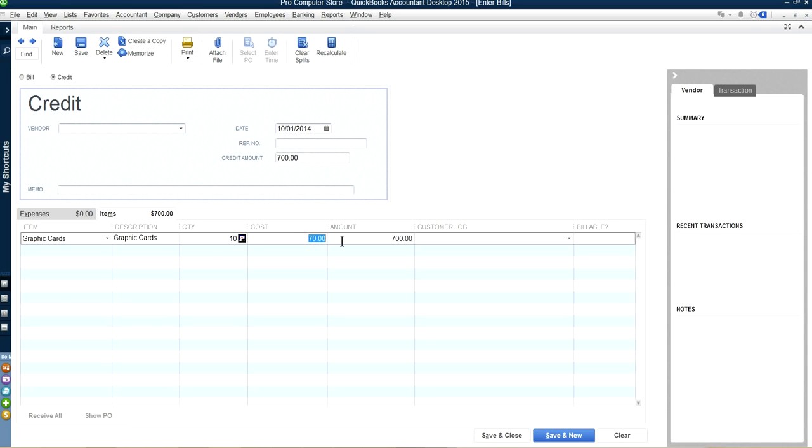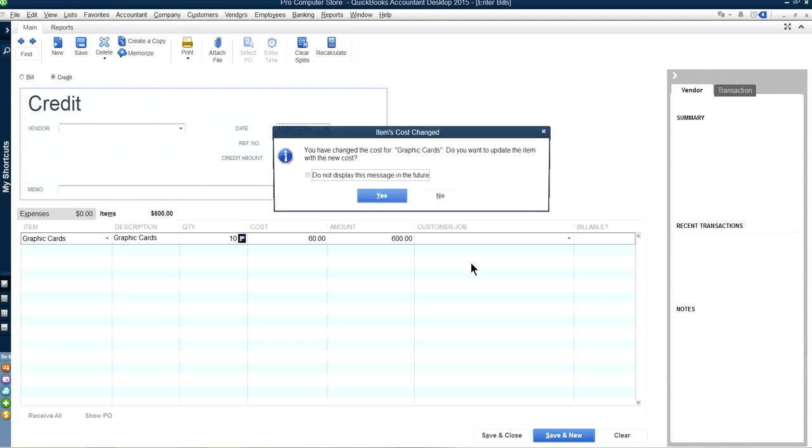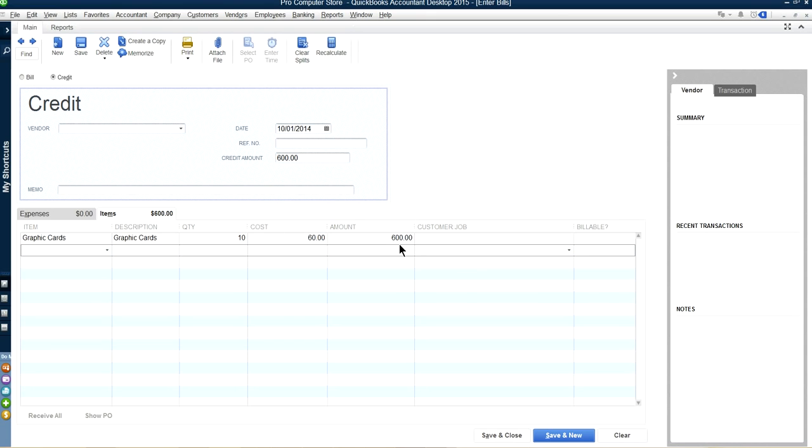So you got to use it here. So $600. They're going to give you $600 credit for that one, and the reference number could be the vendor's. Vendor will say this is your RMA number, or they may just say to reference the invoice, so you can just reference the invoice number, whatever it is, and you select the San Diego PC supplier like this,